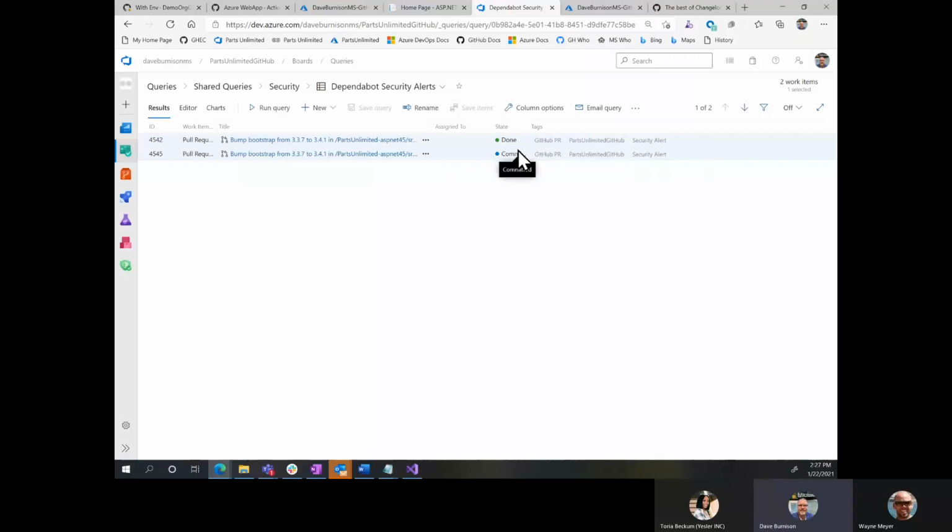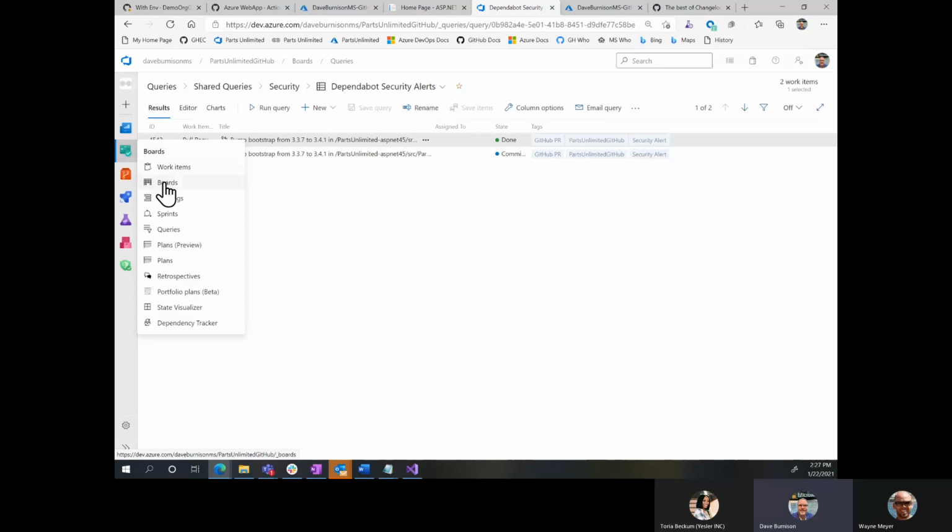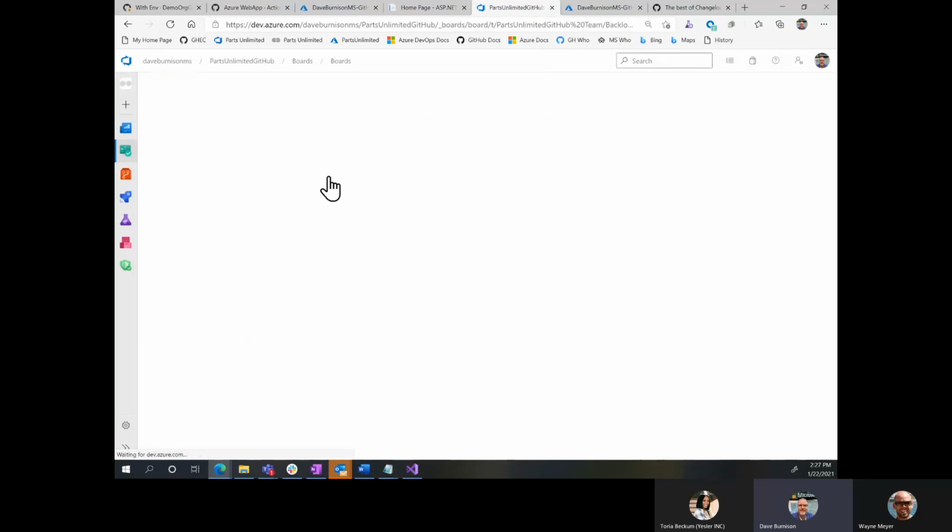And if Dependabot creates a pull request, it says, hey, you've got a security issue in one of your open source packages and you need to fix that. Well, by mirroring those pull requests, I can then tag them. And when I look at my Azure boards, now I've got those pull requests.